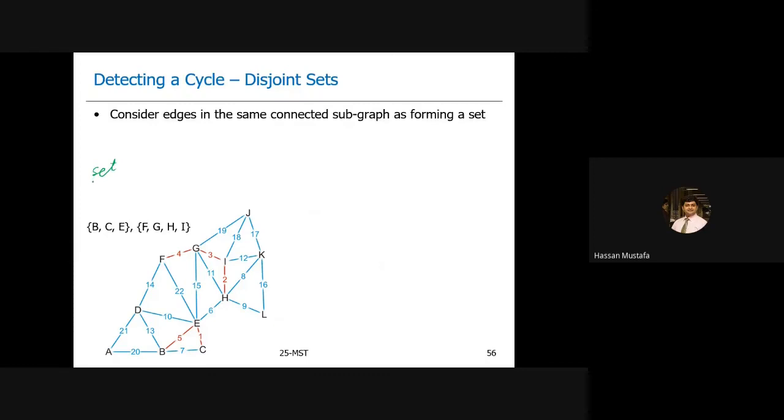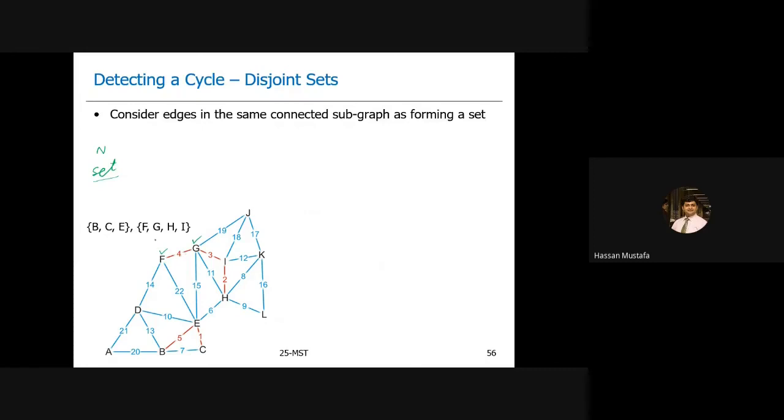So if there are n vertices, we would have n different sets. And upon adding one edge, what I would only do is check the presence of source and the destination of the edge in the sets. So if both these vertices are in the same set, which means that they are already connected,